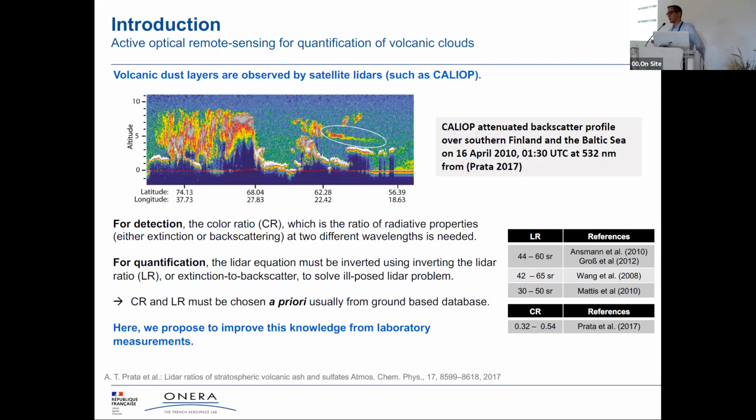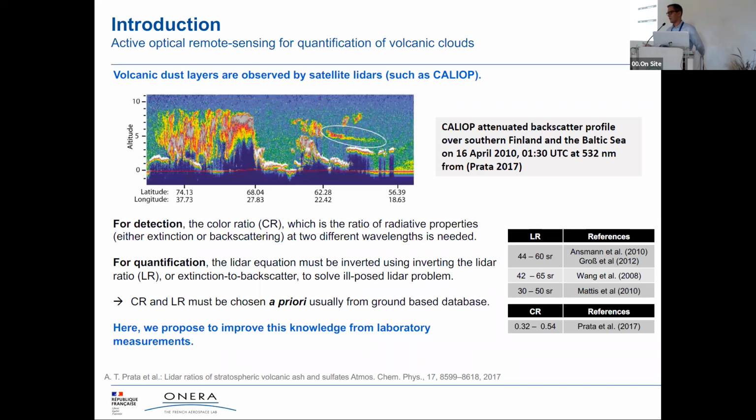My field is active optical remote sensing, and we have been using LiDARs for quantification of various aerosols in the atmosphere, including volcanic clouds. So this is an example of a CALIOP LiDAR system that measured an attenuated backscatter profile over Finland. And as you can see over here in white, this has been reported by several papers that have mentioned this detection of volcanic clouds. There is a need for development of algorithms to detect and also quantify the microphysical products from the LiDAR signals. LiDAR is not a very direct and easy